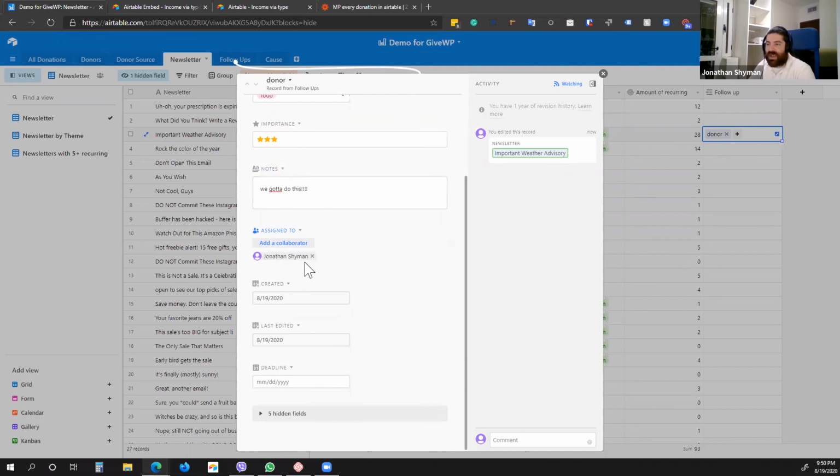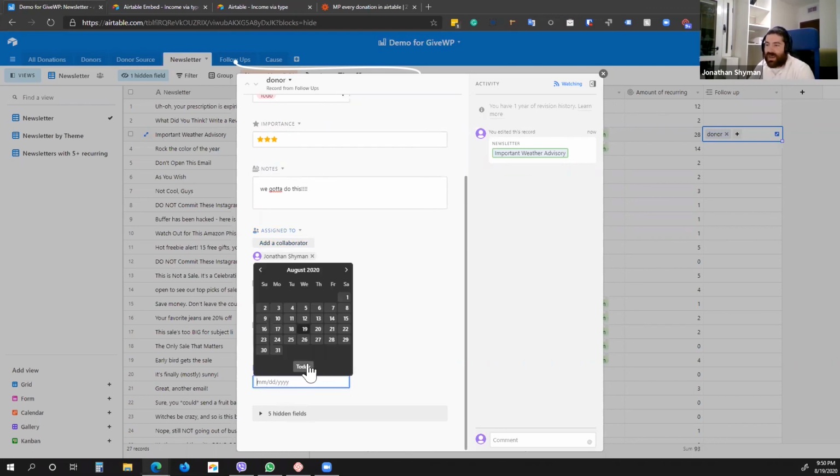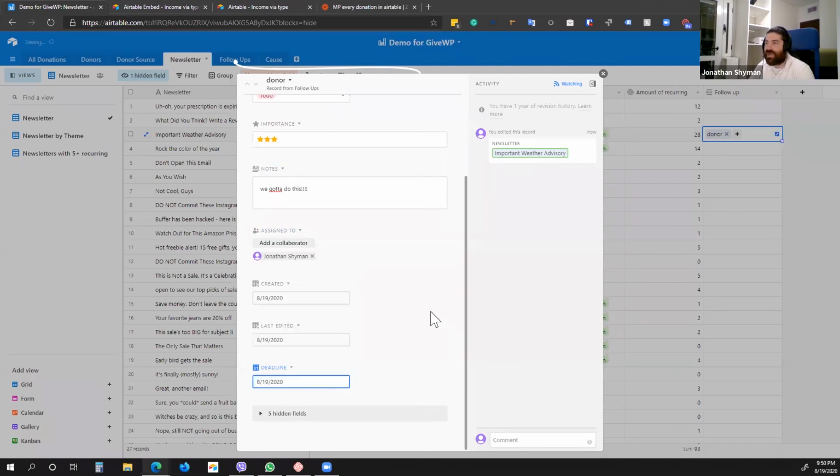Then there are some automatically filled in fields, like when was this created and when was this last edited. Airtable does that all automatically. And I'm going to give this a deadline. We've got to get on this, so I'm marking it for today. Okay, and now that I've done that,